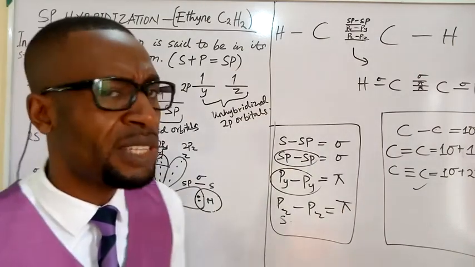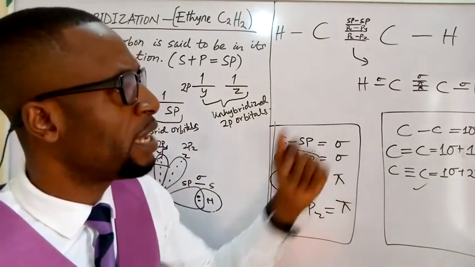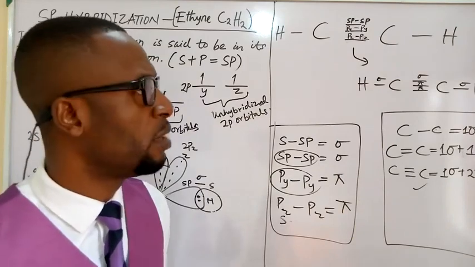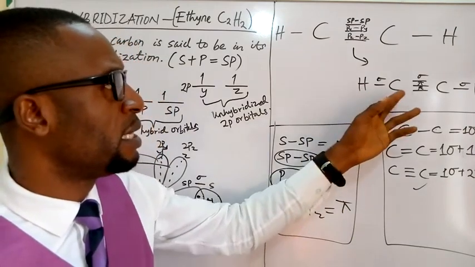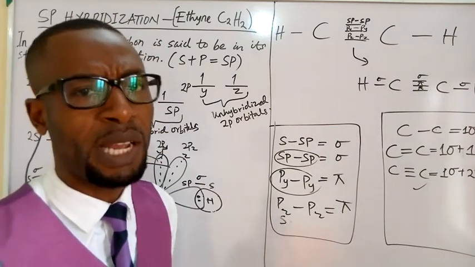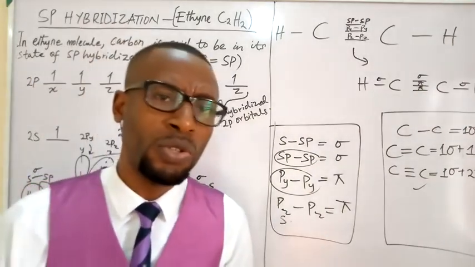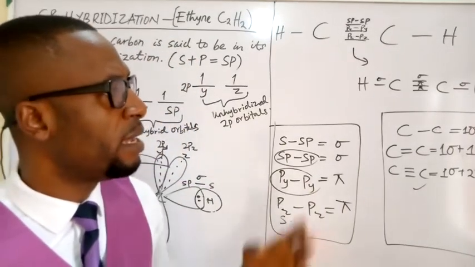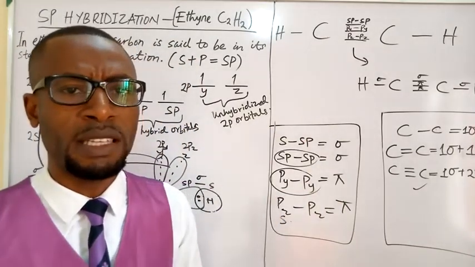Again, they can ask you to find or identify the kind of hybridization that is given in a molecule. Of course, you can see that the 2 carbons in this particular molecule are said to be sp hybridized. In the next lecture, I'm going to show you how to identify the kind of hybridization that is given in